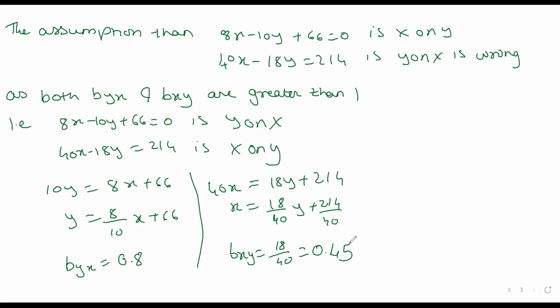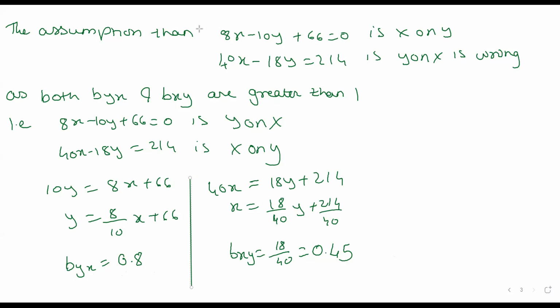So this was our assumption, and now the previous assumption is wrong, so this has to be the correct assumption. Again, it is satisfying all the stated properties of regression. Okay, regression coefficient के सारे properties उन्होंने satisfy किए. Look, byx and bxy both are positive, both can be less than 1, or if one is greater than 1, the other has to be less than 1. That is also satisfied. Okay, so now let us find out r.